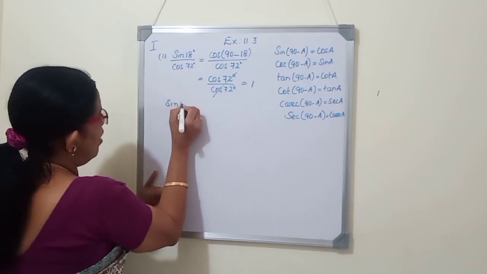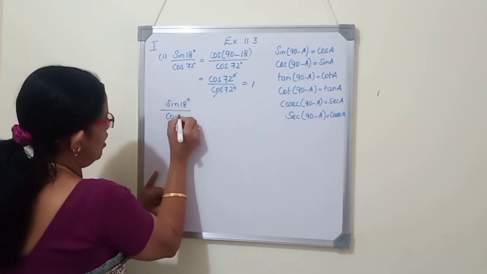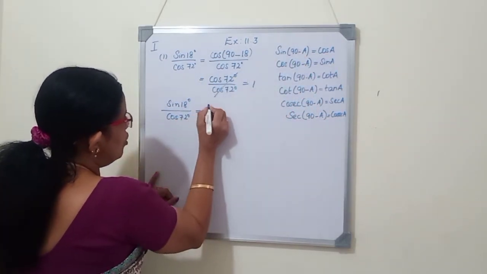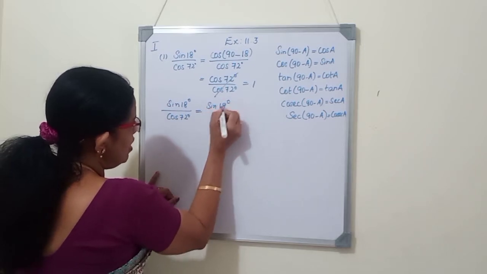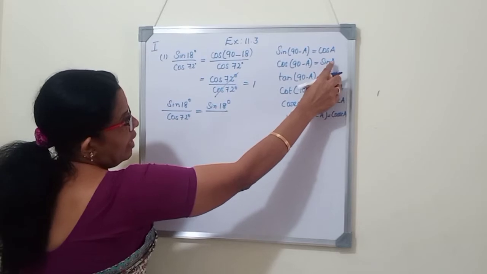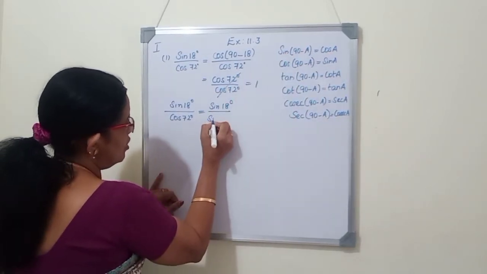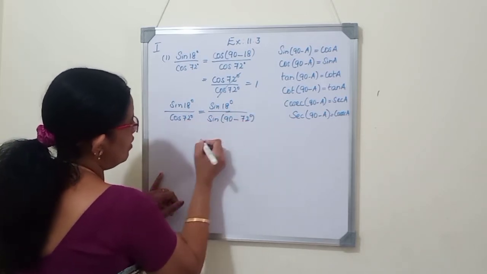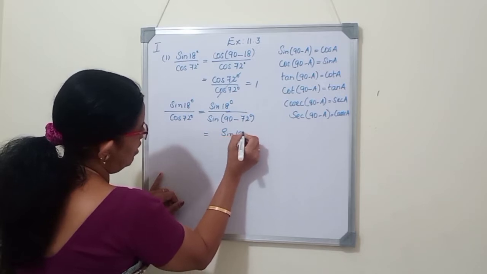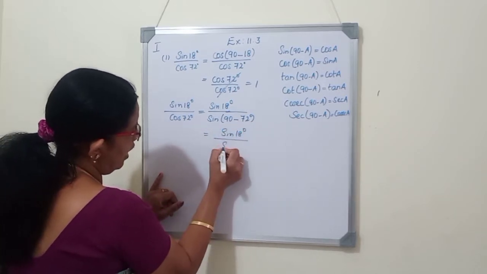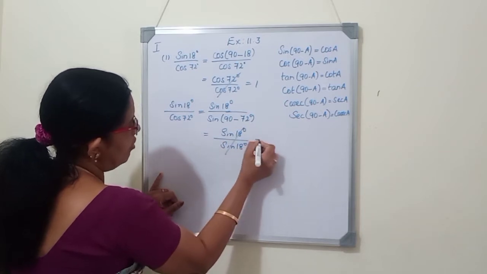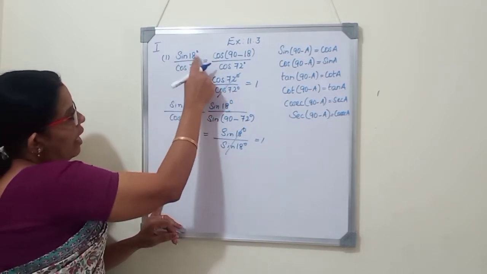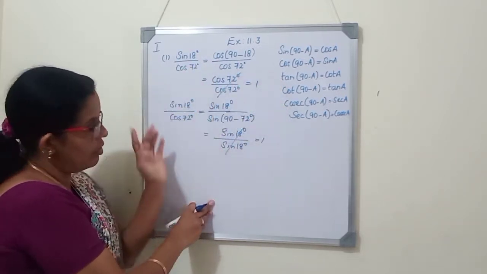Suppose if you wanted to change the denominator, one sum I will show. So sin 18 degree by cos 72 degree. If you are changing cos 72 degree, we have to see the formula. What is for cos A? Cos A is sin 90 minus A. So numerator you write as it is, sin 18 degree. Cos 72, cos A can be written as sin 90 minus A. So sin 90 minus A, as it is you have to write 72 degree. So sin 18 degree divided by sin of 90 minus 72, again it is 18. So sin 18 by sin 18 you will get 1. So whenever it is like this question, that is one fraction will be given, any one numerator or denominator you have to change according to the formula.